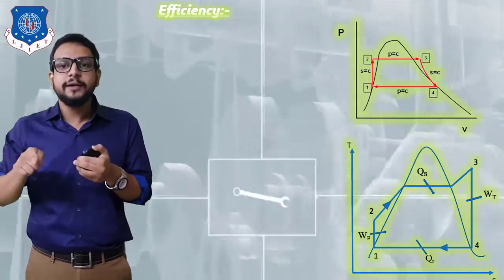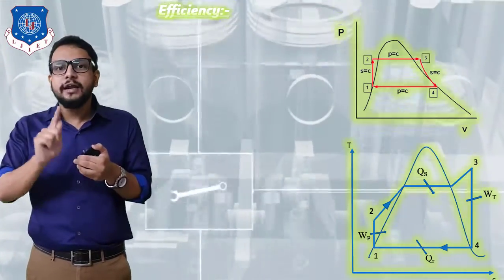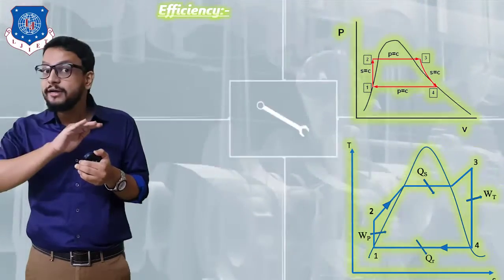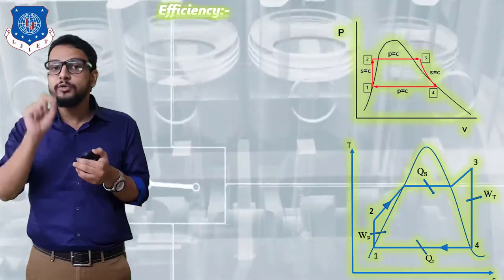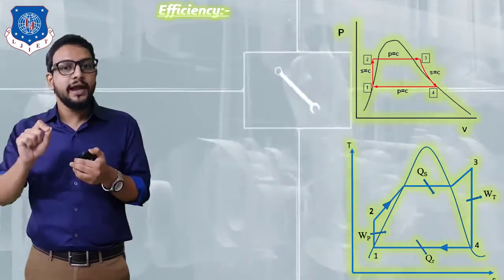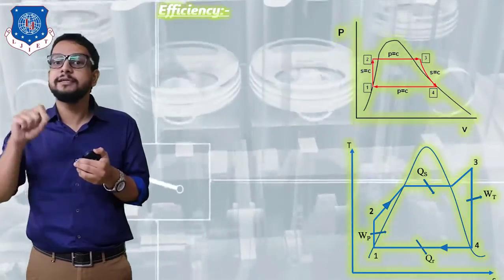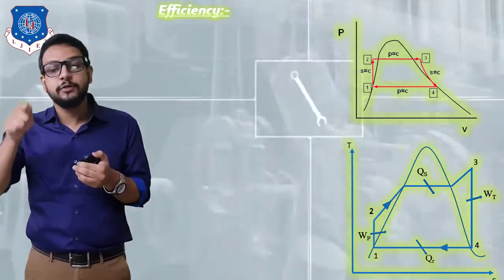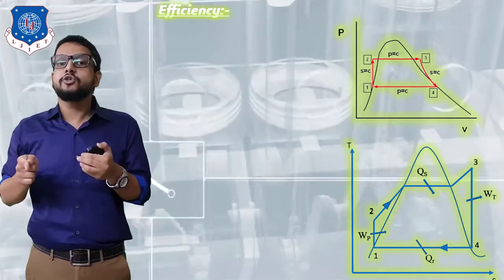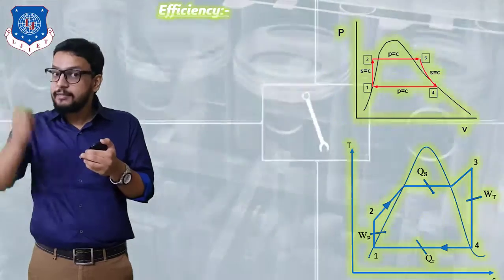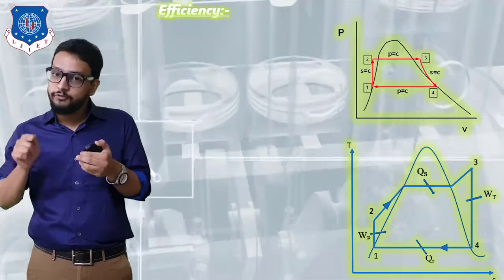So from 3 to 4 it represents a decrement in temperature, but we know that insulation is provided at the outer surface of the turbine, which means there is no heat transfer. So Q is 0. Now using Q is equal to T delta S, we can say that 0 is equal to T delta S. So delta S, that is the change in entropy, will be 0 for our turbine process, from state 3 to state 4, represented by a straight vertical line, that is constant entropy, whereas the temperature decreases. And finally we have achieved our state point number 4.